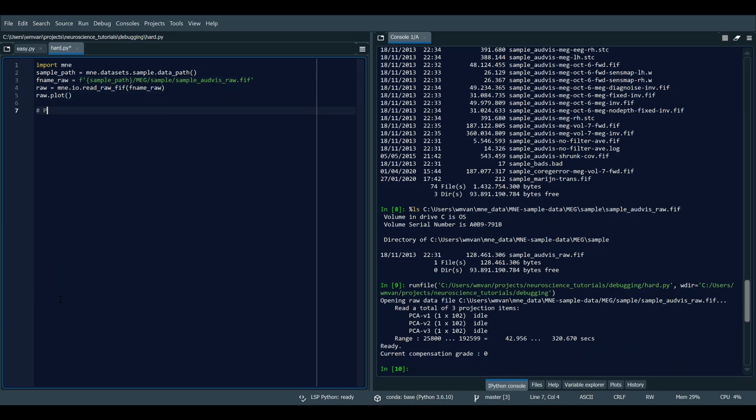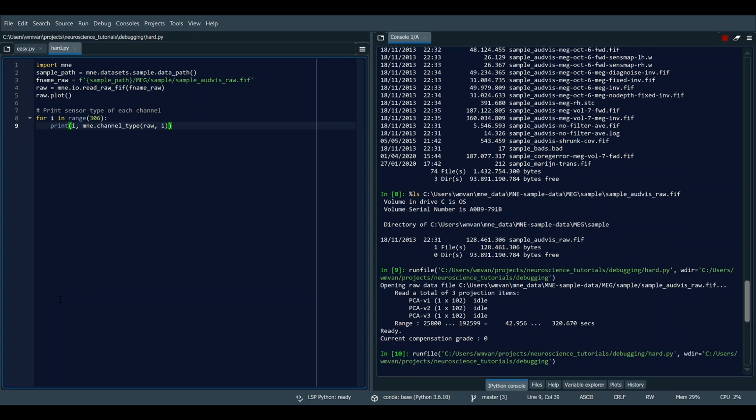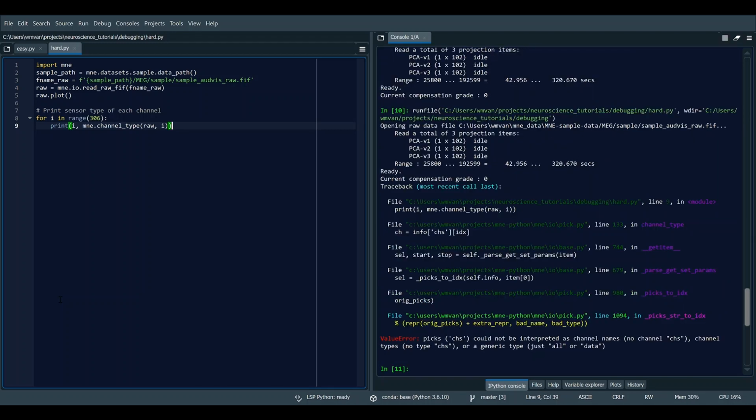The data was recorded with a Neuromag Vectorview scanner. This type of scanner has 3 different sensor types: magnetometers, gradiometers and EEG electrodes. Let's print for each of the 306 data channels the type of sensor that is attached to it. F5, run it. Oh no, everything is broken